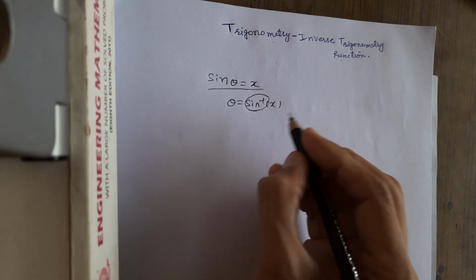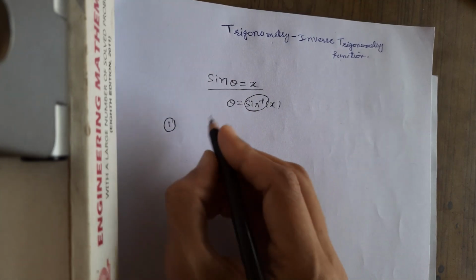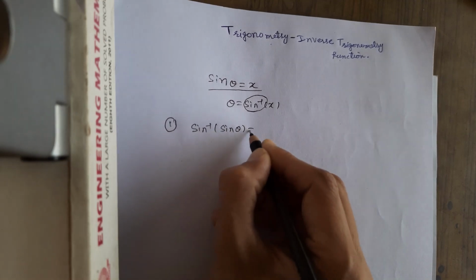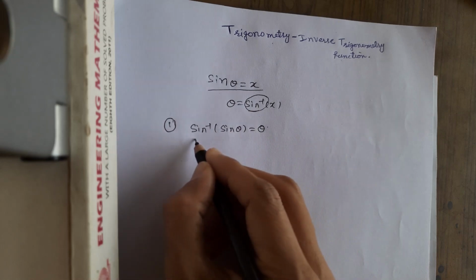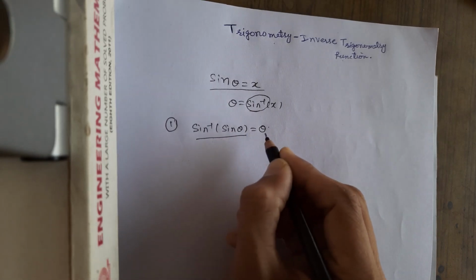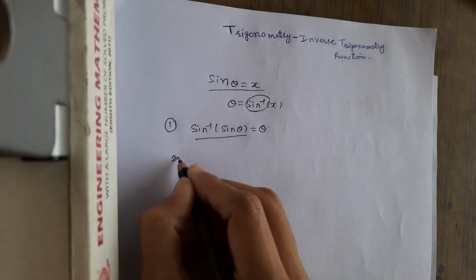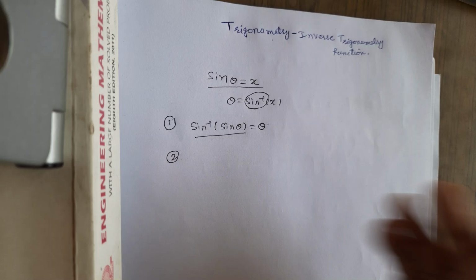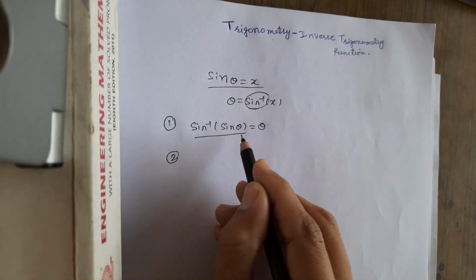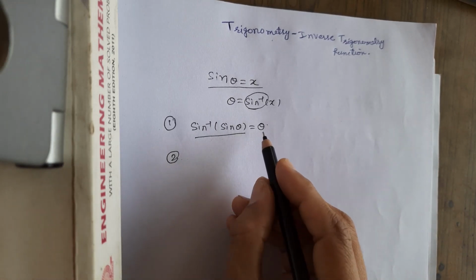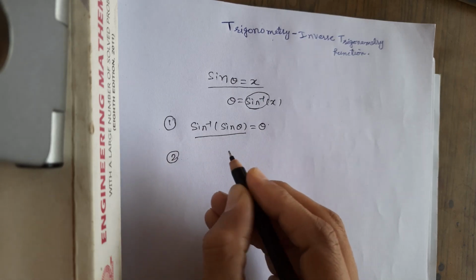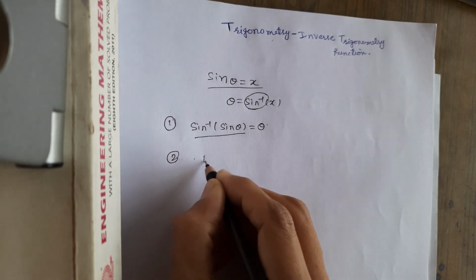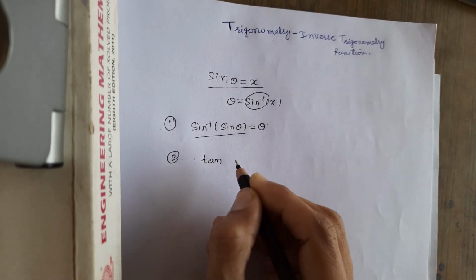We also discussed some properties, like sine inverse of sine theta is equal to theta. This property holds for every ratio, right? The second property we already discussed, we have seen that this is equal to theta. So today I wanted to discuss this property that we proved in the last lecture,